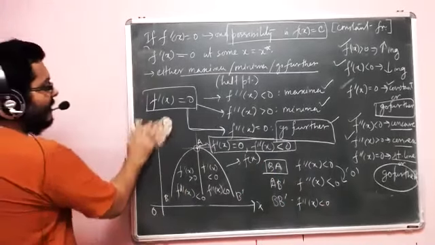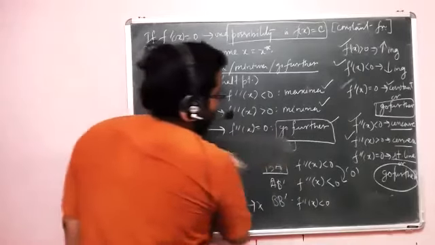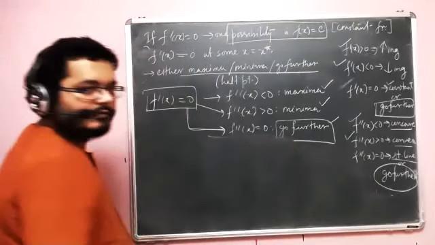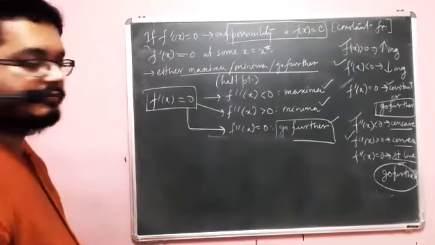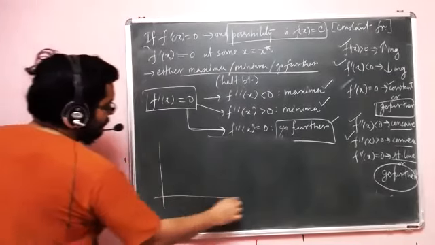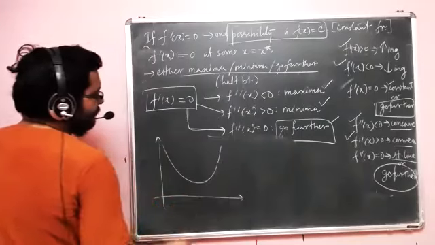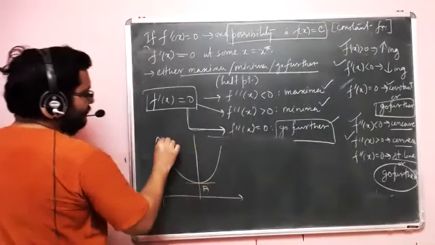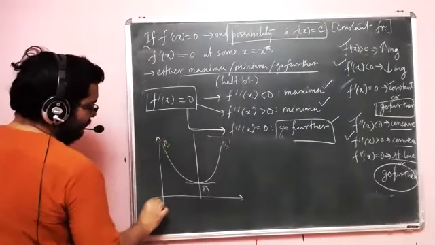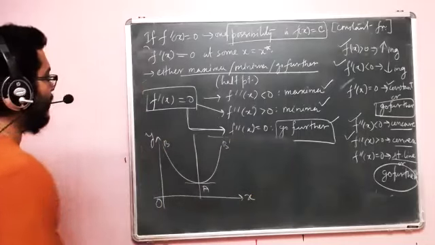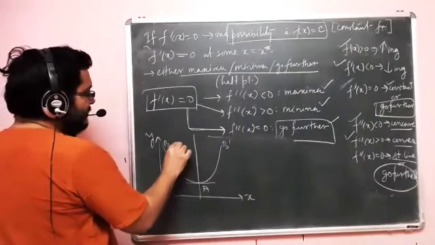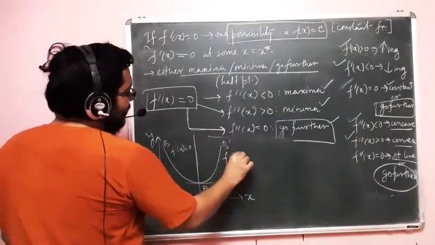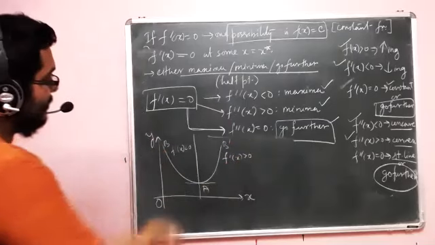Similarly, we can have a graph for minima as well. It will be the U-shaped graph that I have drawn earlier. So let's look at that now. Here I have again f dash x less than 0, and this is f dash x greater than 0. This is decreasing, and this is increasing.